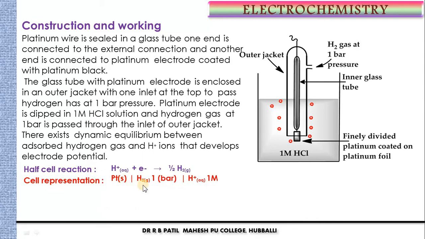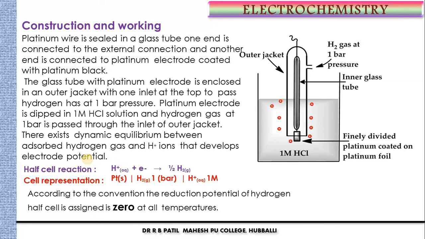Whenever we write an oxidation half cell, recall what we should write. First we should write the electrode. We have written the electrode here, platinum. Which electrode are we using? Platinum. Next, a single vertical line indicates the phase change. Two components are there, one is hydrogen gas. What is the pressure? 1 bar pressure. It is gas. Next, a single vertical line indicates phase change. One more component is there. What is that? H plus aqueous. What is the concentration? 1 molar. So this is the representation of the oxidation half cell of the hydrogen electrode, given like this in the book.